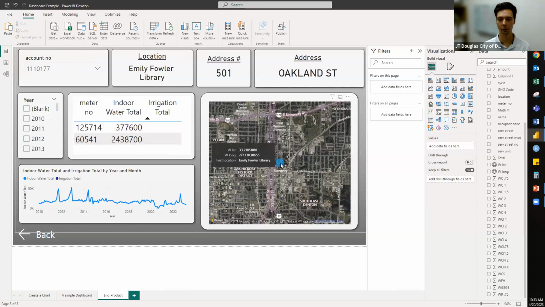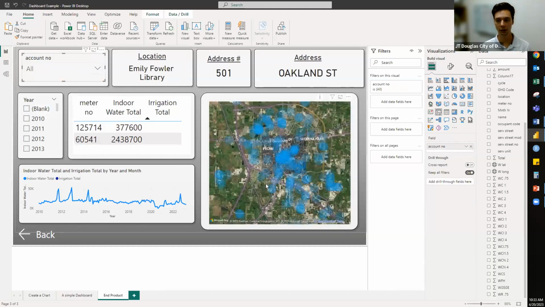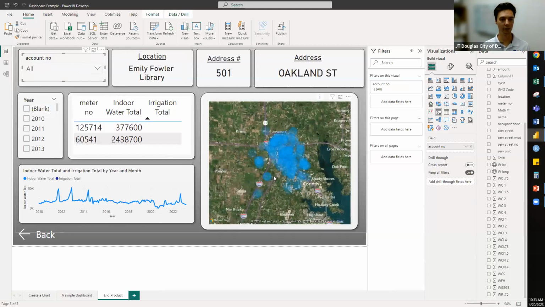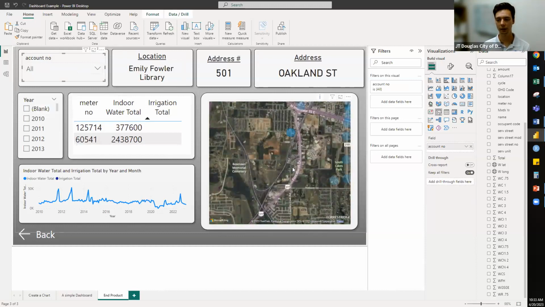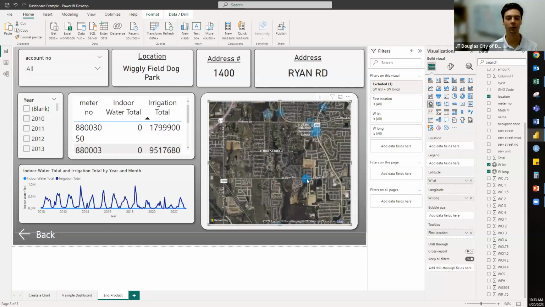When we were working with Parks and Rec, they had a lot of GIS information. And so we wanted to help mimic that, help them in their search. So they could go and take a look at some of the different things that they had going on from a GIS perspective and say that they hopped in on one here. So this is one of the dog parks that we have in the city of Denton.